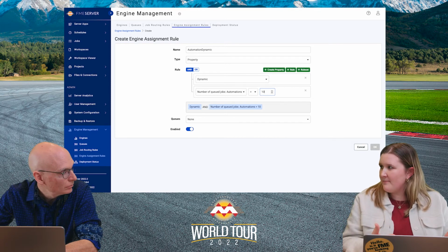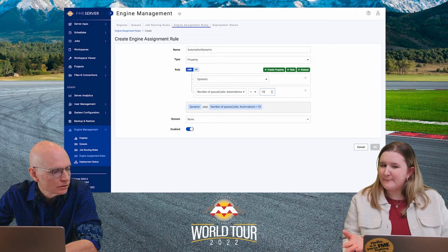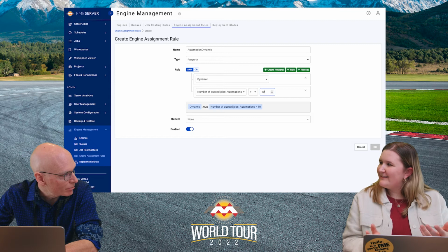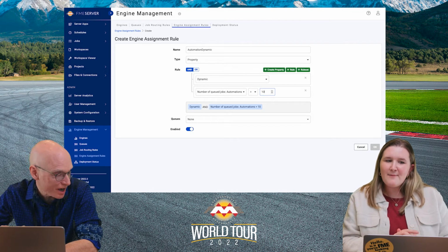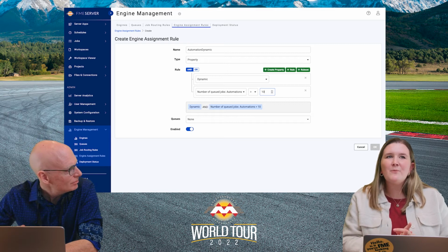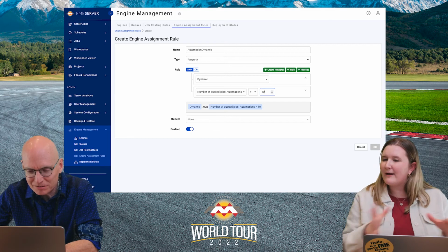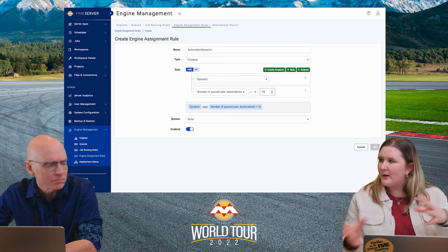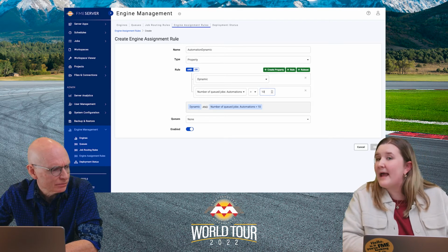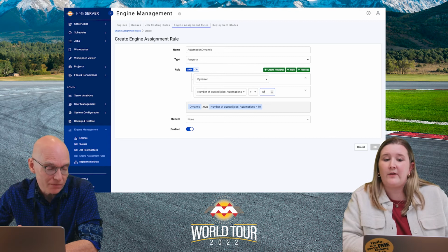So we could stop there. But I'm going to keep going. Okay. 10's high. That's a big number. 10's kind of high. You're going to work your standard engines pretty high. Yeah, I'm going to work my standard engines because I don't want our dynamic engines to be swapping around too much. Only when that load is really high do I want to be pulling those in, because I am paying extra to use those engines. Absolutely.